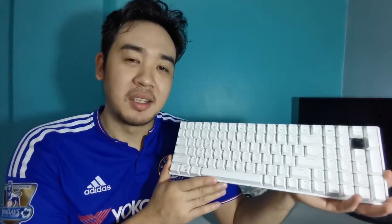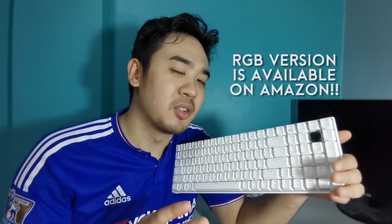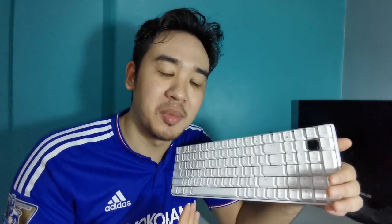So, to cover it all up, the RK100 is a very great keyboard. It is great for its price range, it is cheap, but it only has a white backlight, but you would still order the RGB version of it in Amazon. But that would be another $40 price difference, or a 2,000 pesos price difference from the RGB and the white backlight version. It is well compact, it is sturdy, it is built great, and I really do love the typing